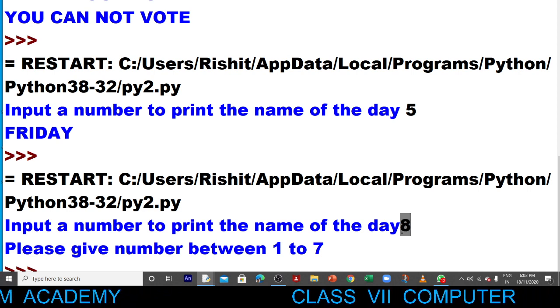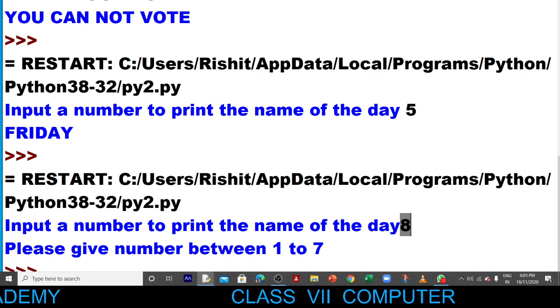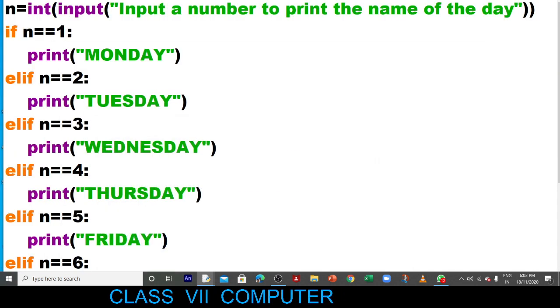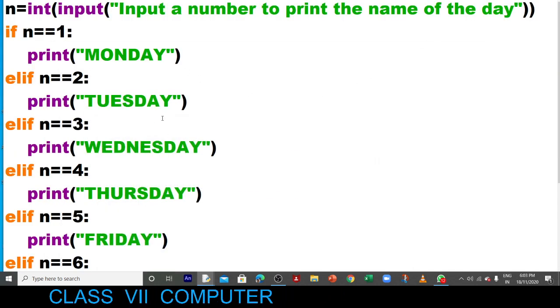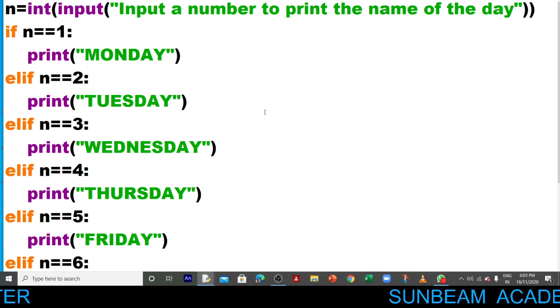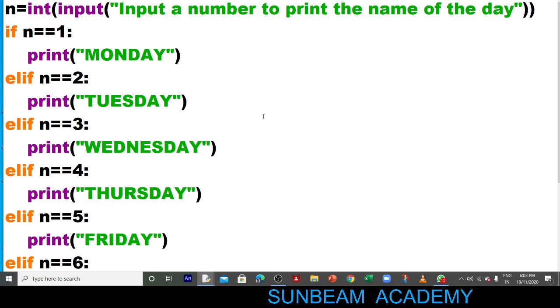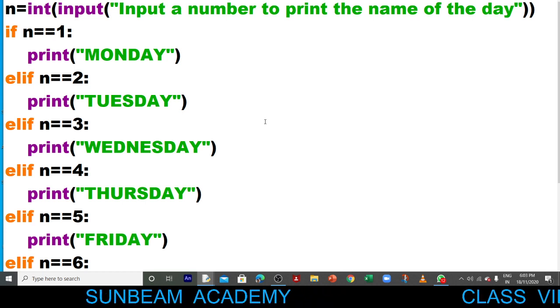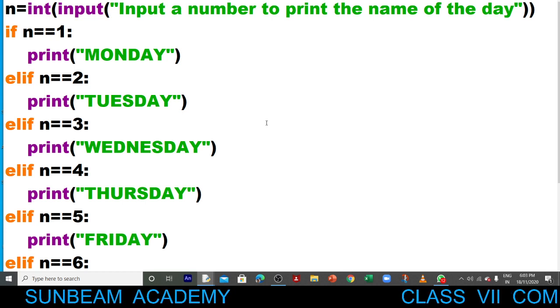It is very easy, very interesting, and through this you can create various programs where the multiple operators, multiple conditions were needed. Like this is from your book. You can design some programs in such a way that you can print, you can show the values for multiple condition. Like for example, if you will open page number 93, then there are some project works, there are some practice sessions. Create a program in Python to find a year is leap year or not. Write a program to display valid voter.